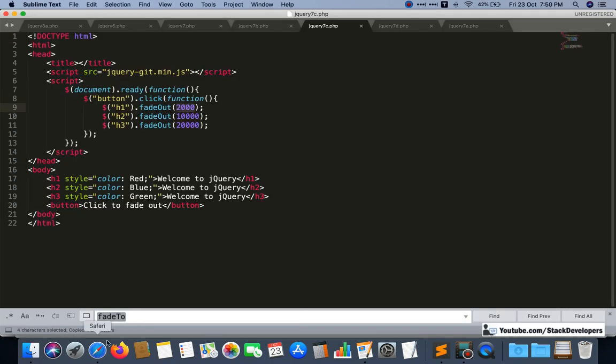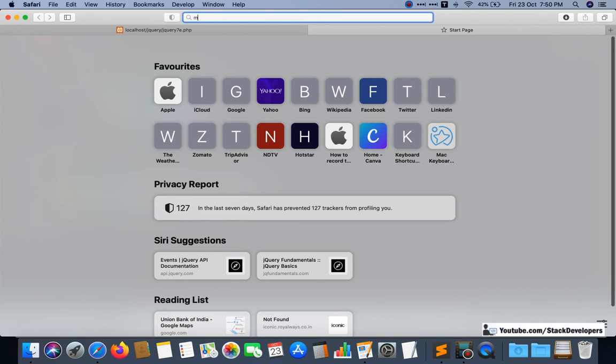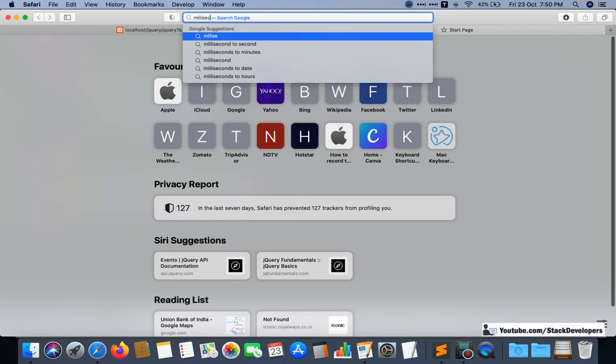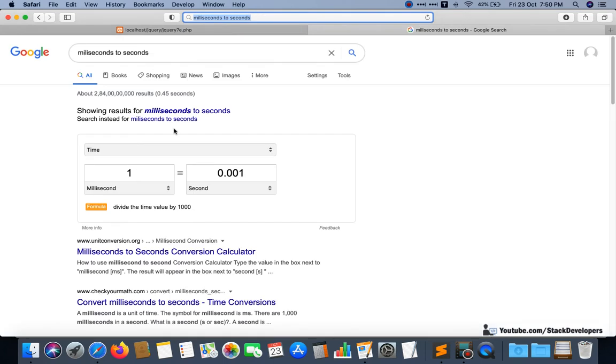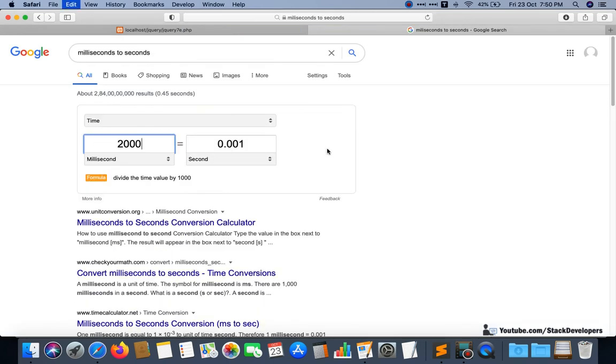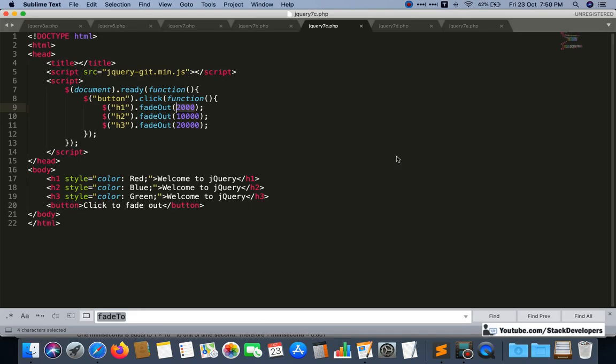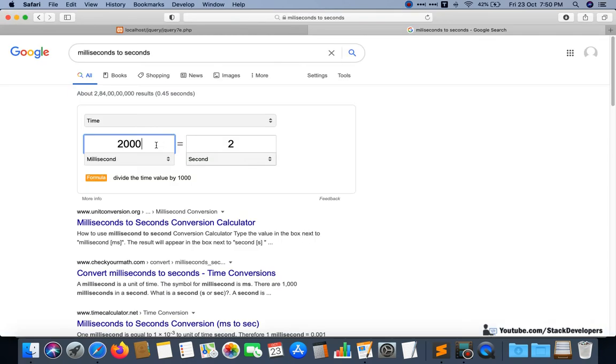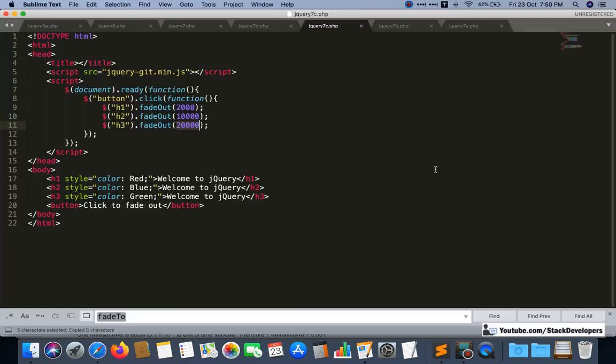So you can calculate 2000 milliseconds as 2 seconds to better understand the concept. Here 2000 means 2 seconds, 10,000 means 10 seconds, 20,000 means 20 seconds. If I copy 20 seconds here, it is 20 seconds. So speed is calculated in milliseconds, and we will give milliseconds.